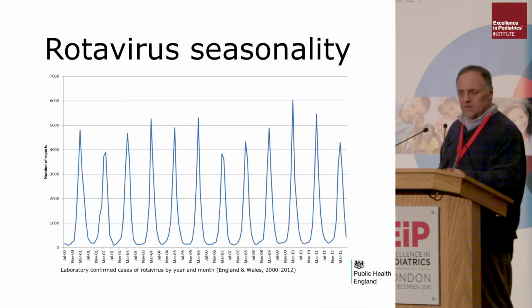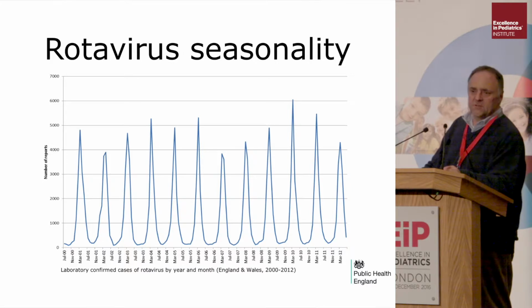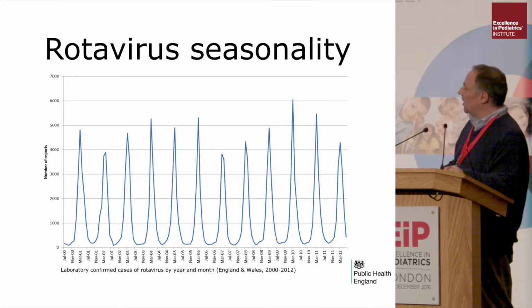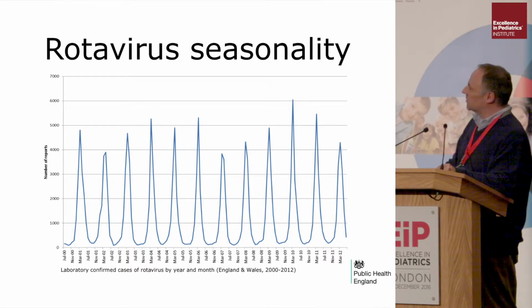If you do the same thing, I didn't bring that slide, but if you do the same thing on Google, with Google Trends, you can look for what people look for, and you will find the same seasonality of people looking for the word rotavirus in whatever language online. You can do that for many pathogens. You can do that for influenza. You can do that for many other pathogens, and you will find with Google, you can do Google Epidemiology. It's wildly inaccurate, but it often coincides with the quote-unquote official curves.